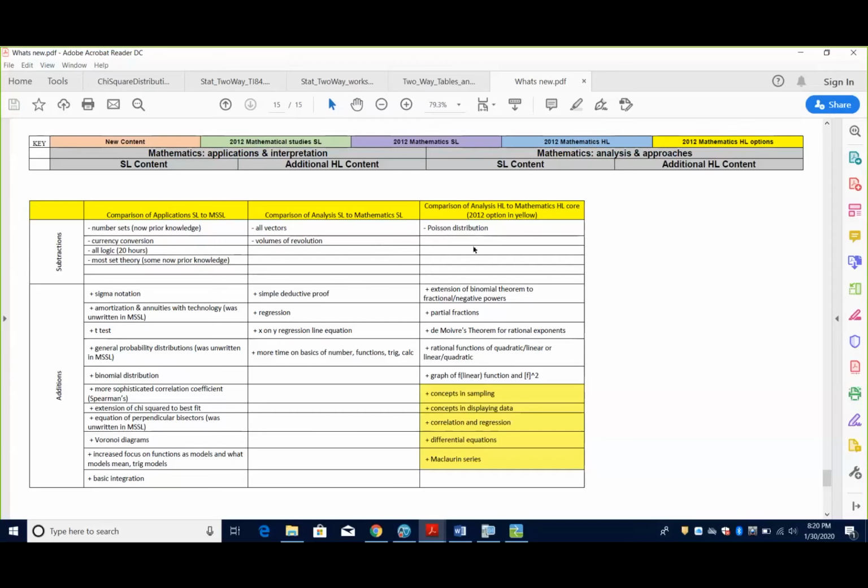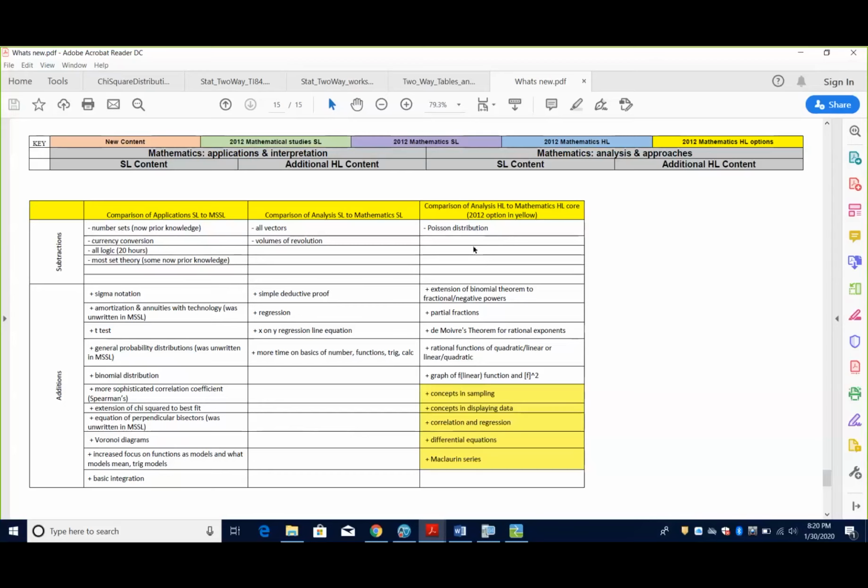So that's kind of a quick overview. I know we only spent 12, 13 minutes on that, but I just wanted to give you a quick overview of what's changing. So what is TI doing to help you out? Well, about a year ago, I sat down with some people at TI, and since the math was changing, they wanted to be part of the change.